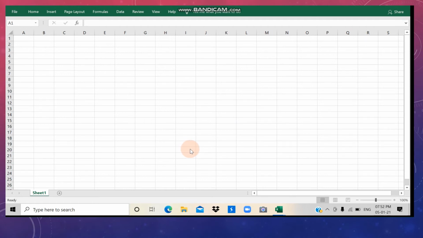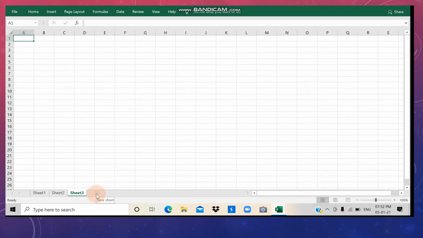We call it a worksheet. This is sheet number 1. You can press the plus button and then you will get sheet 2. Then sheet 3. Like this, you can press this button to get as many sheets.